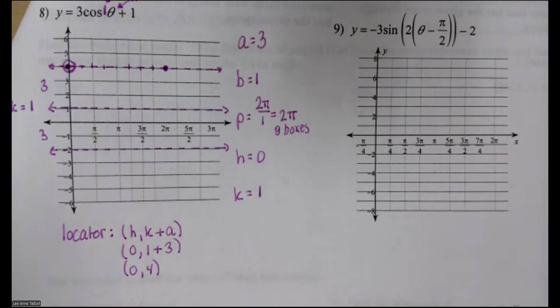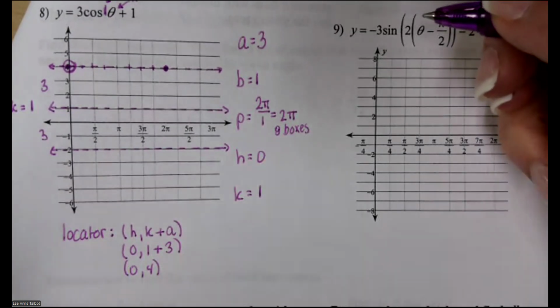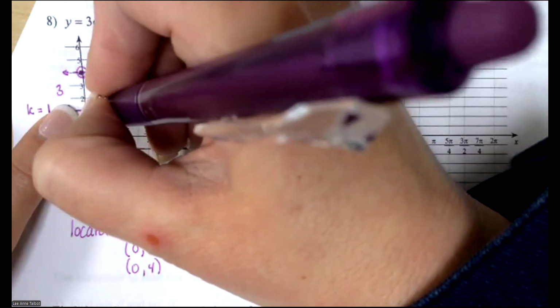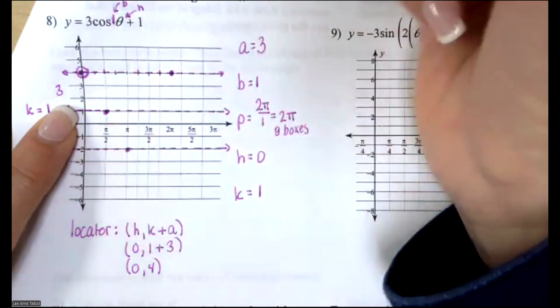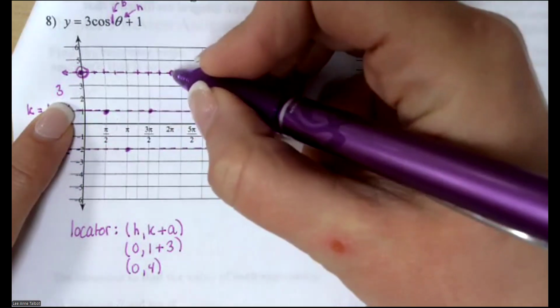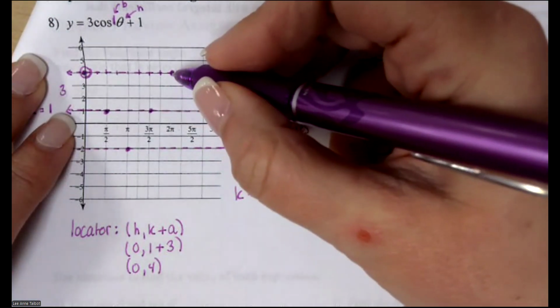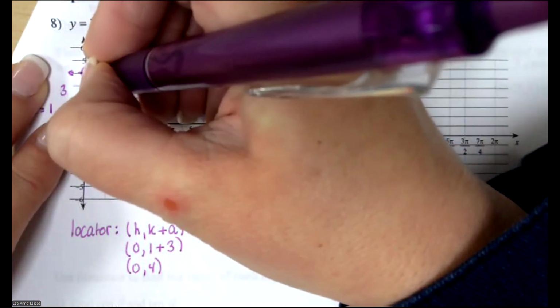Waves have 4 pieces, so I'm going to break the 8 boxes up into 4 equal parts. So that means 2 boxes over, I'm going to make my next stop. 2 boxes over, I make my next stop. 2 boxes over, I make my next stop. And if I did it correctly, then the last one should be where